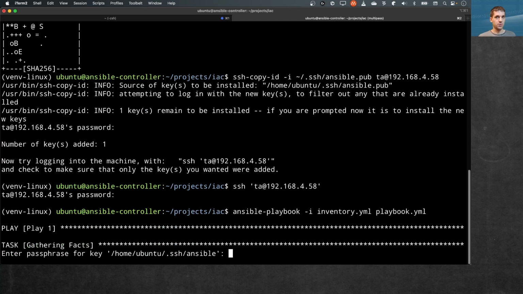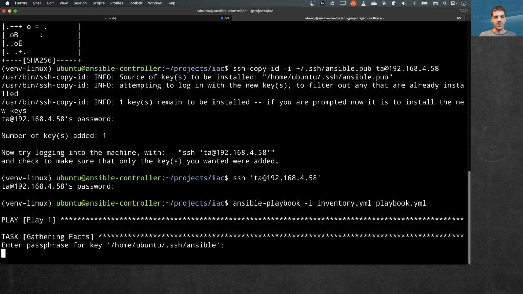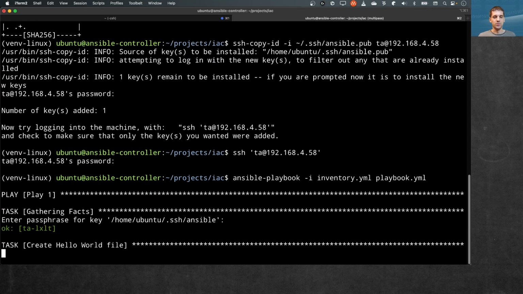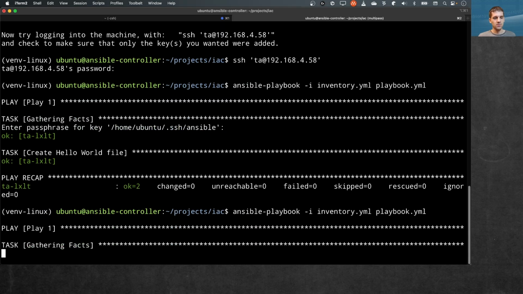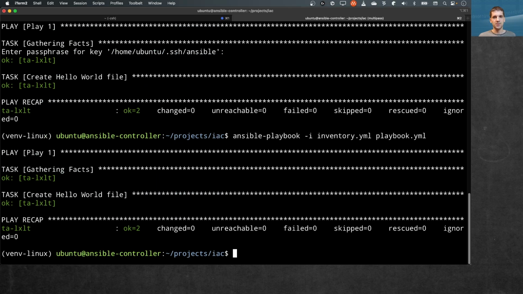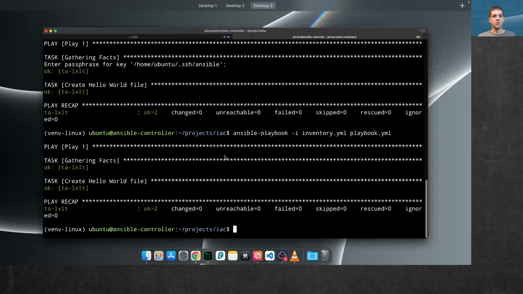Now it will ask for the passphrase. Now I type my passphrase and press enter, and the playbook will run, hopefully. Yes. And if I try to run again, it seems it doesn't ask for a passphrase. And the problem is, if you wait long enough, it will ask for a passphrase again, and that long enough is not really long. So now we need to configure an SSH agent, and for that we can go back